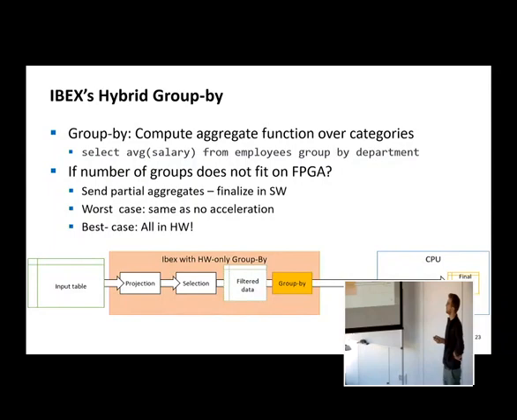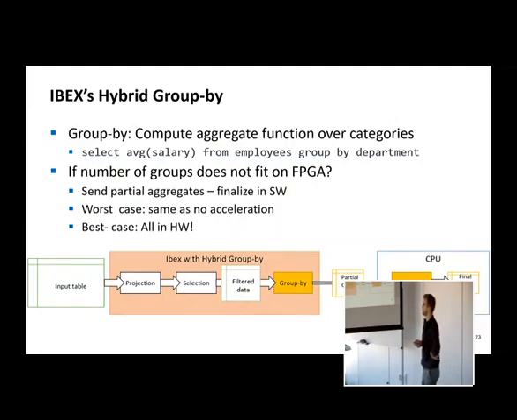So what we proposed is to actually have a hybrid processing where, by having the acceleration here, you don't remove the functionality from software, but you split this functionality between hardware and software in a way that they can work together. So in the best case, all the groups are computed here, and what you get here is the final results, and the group by operation will simply look at 1,000 groups and say, okay, I have nothing else to do. But in the unlucky case, this one will evict entries of the hash table, and this group by step will use those to compute the